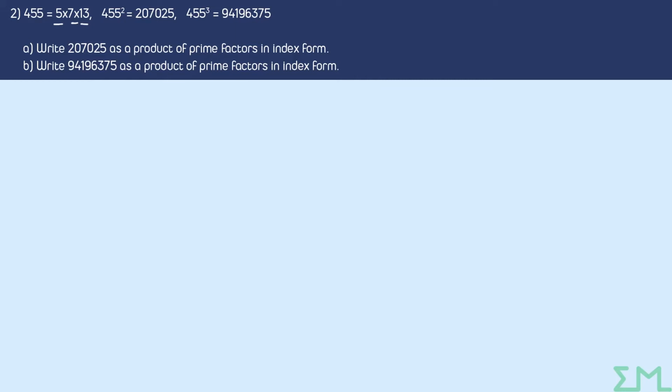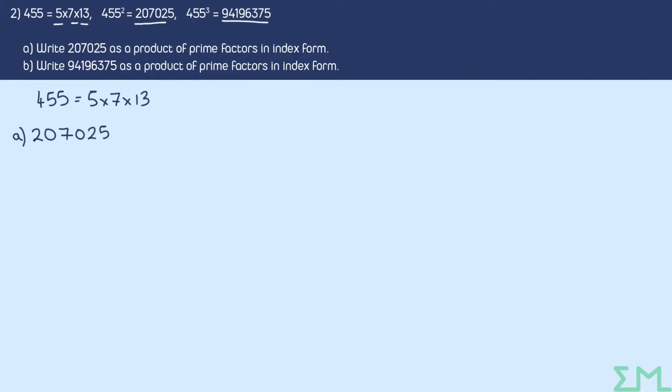Okay, so it appears that we need to use this information to write these two large numbers that we got from here as a product of prime factors in index form. Now, they've already done the bulk of the work for us here because they've told us that 455 is equal to 5 times 7 times 13. When it comes to this number, so this is part A, sorry,